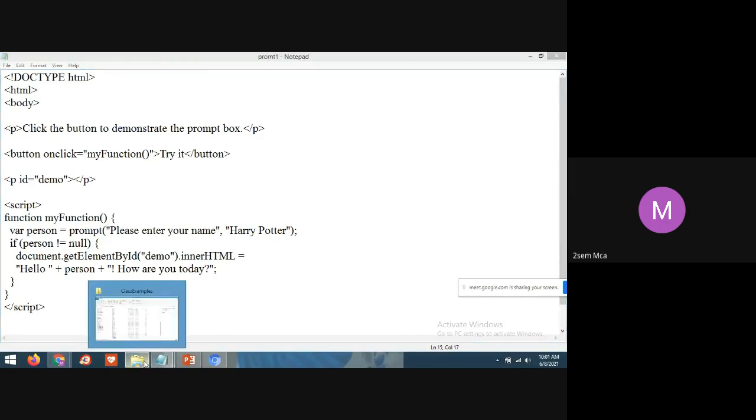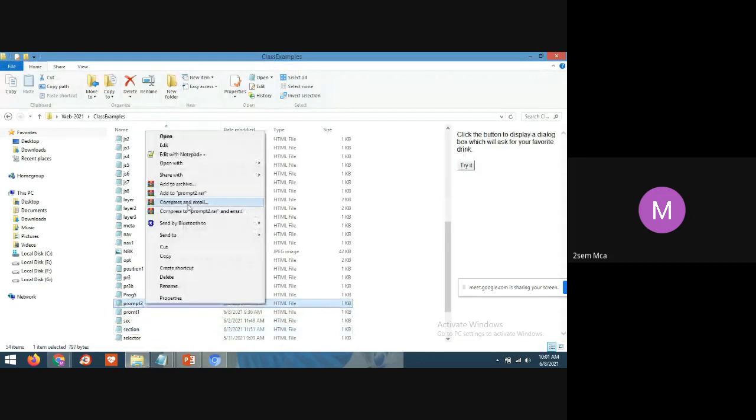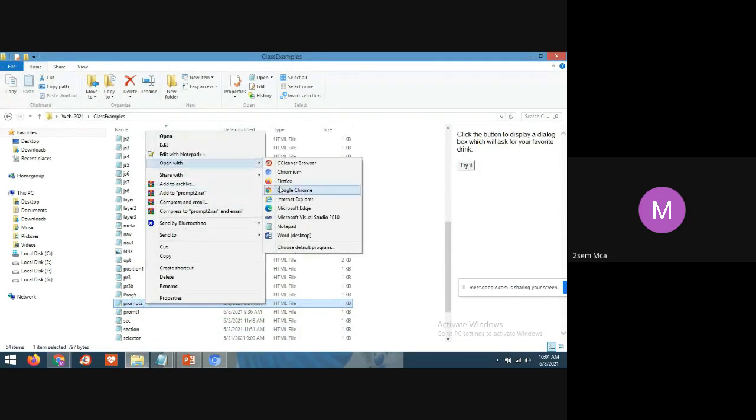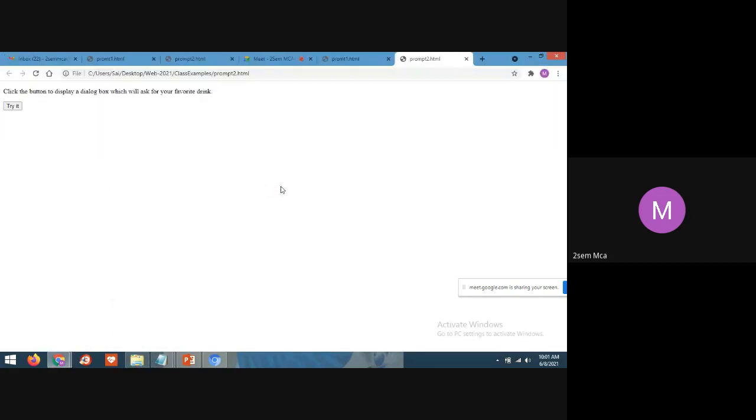So now one more program I have, students. Yes, in this also it is the same. Click the button to display a dialog box which will ask for your favorite drink.